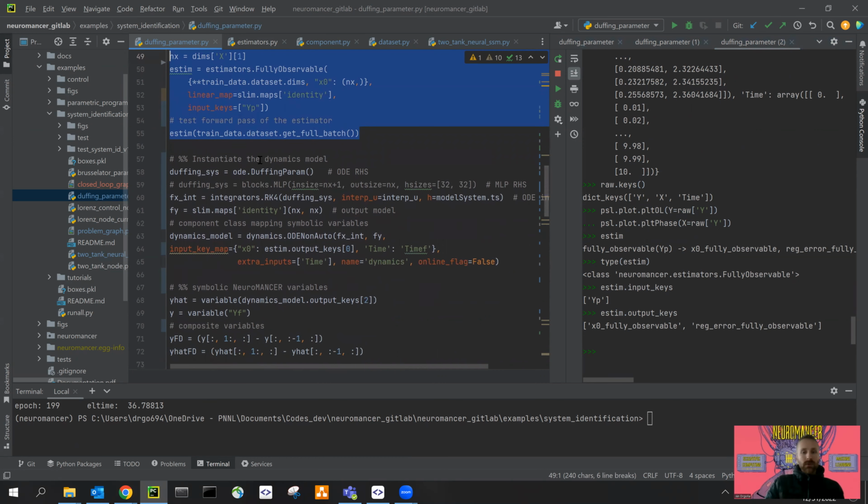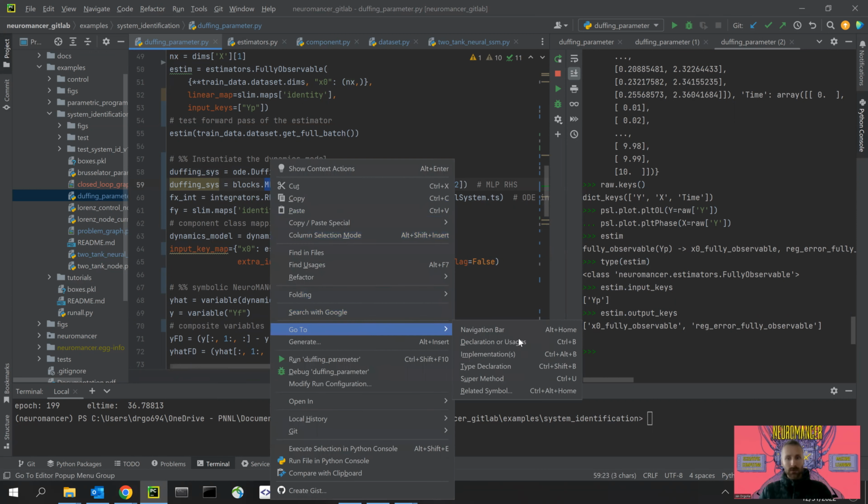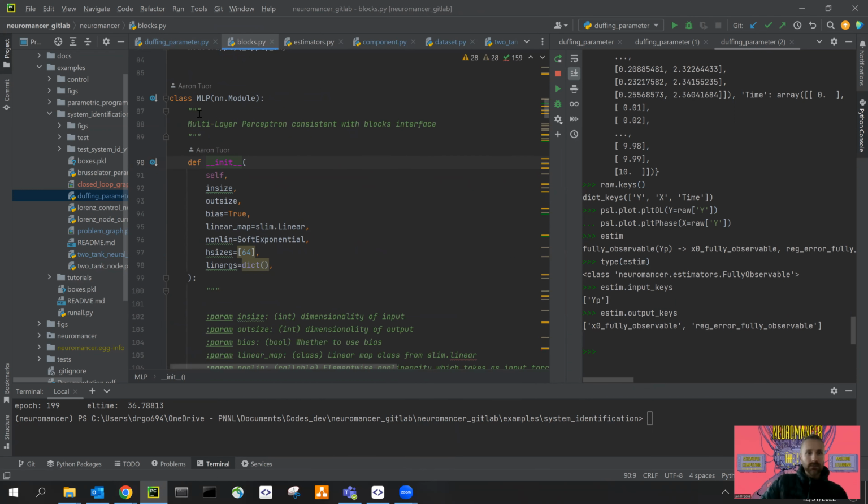The second important component would be actual dynamic system. And we start first by defining NN module class that is mapping tensors to tensors. This can be some black box neural network architecture that is mapping specific input size to the output size, and you can have defined different hidden sizes. So if I would go to this definition, it's just simple multi-layer perceptron that is consistent with our block interface